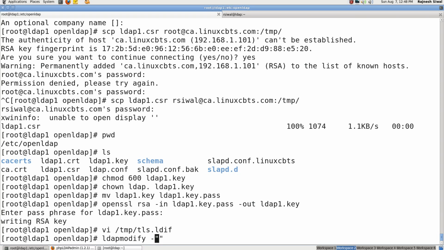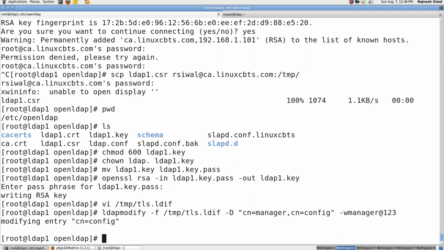So: -f the name of this LDIF file, -D bind DN, cn=manager,cn=config, and -w password. So it has modified it.